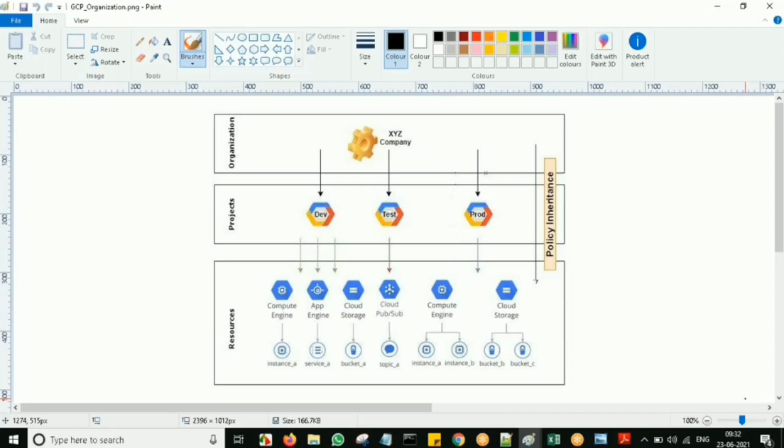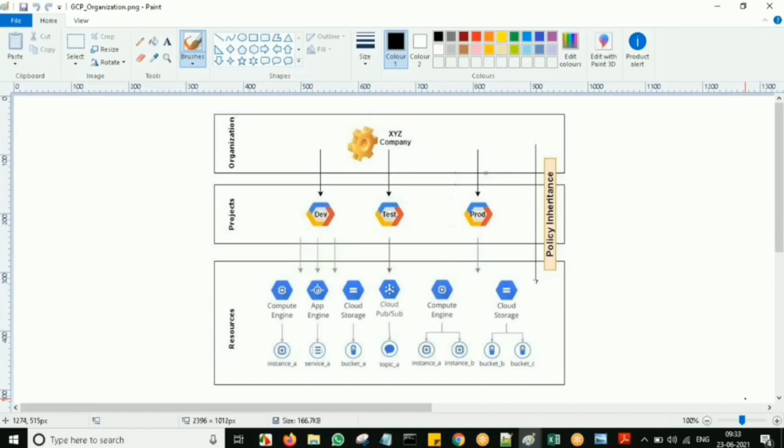So now all of you know that for an organization we need a domain, which means the official domain which you have. So that we are going to integrate with these GCP projects. Under the organization, we are going to have some hierarchy that is called folder, subfolder, and then project. Under the project, if the project is enabled with billing, then you can go with creating resources under each and every project. Now I'm going to show the same.